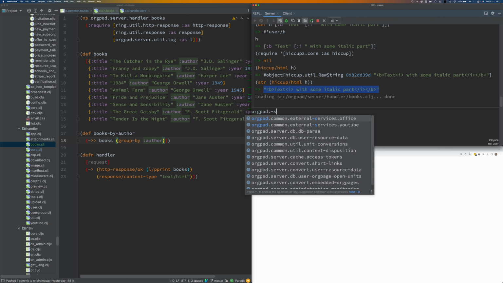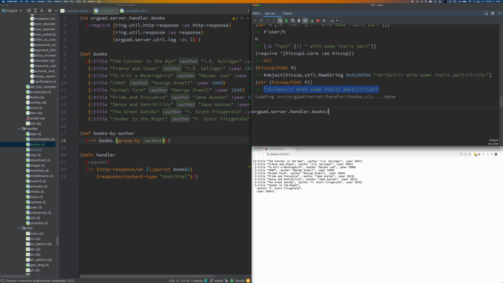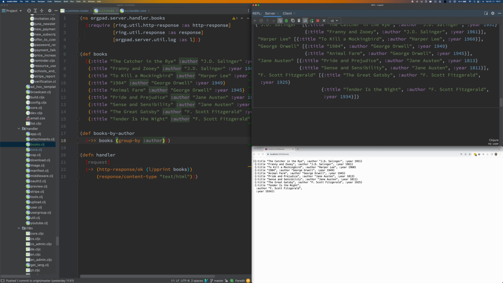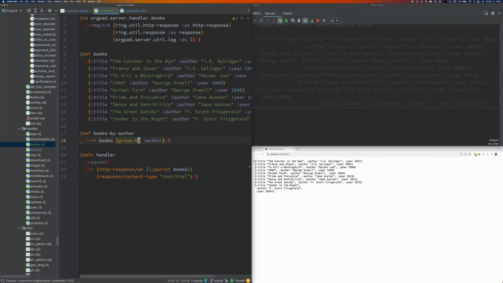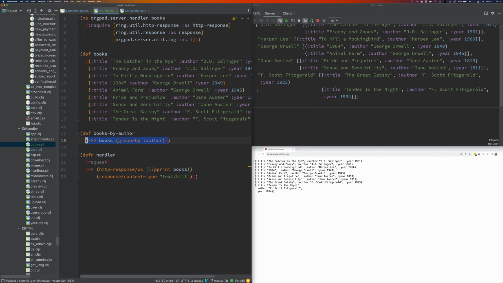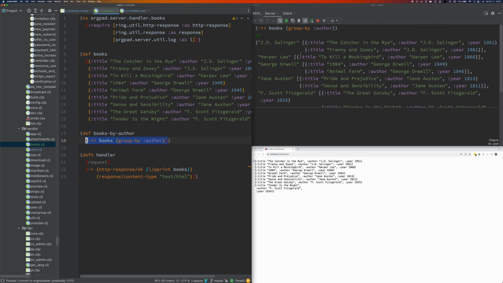So when we do orgpad.server.handler.books/books-by-author, we can see it right now here. What I can do also here is select the form and send it directly to REPL, and I will see the output. This is a way a lot of people use REPL quite often.